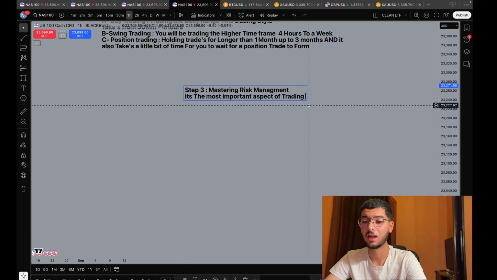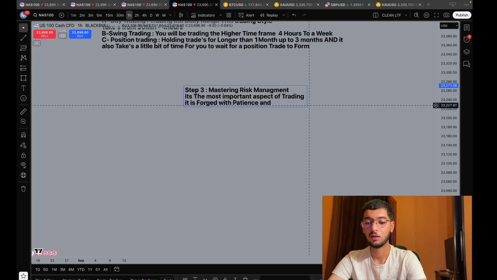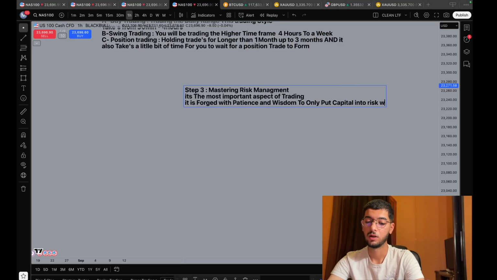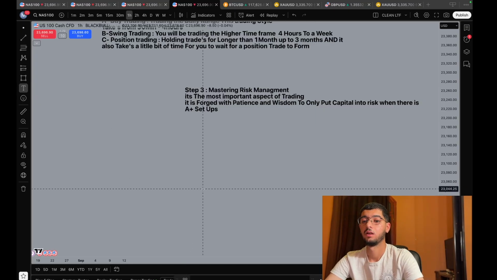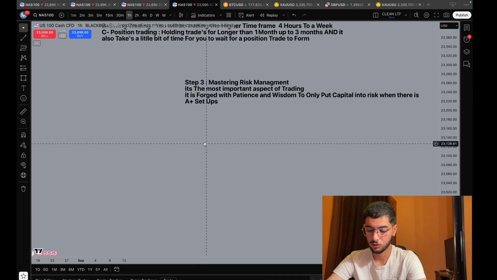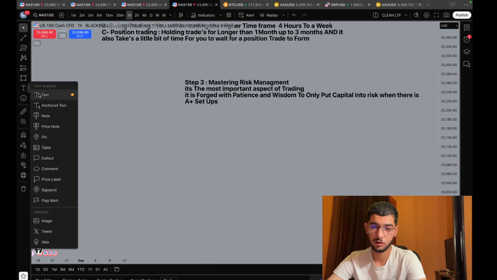So it's the most important aspect of trading. It is forged with patience and wisdom to only put capital into risk when there are A+ setups. All right, so that's about it for risk management, and now we're going to step 4,